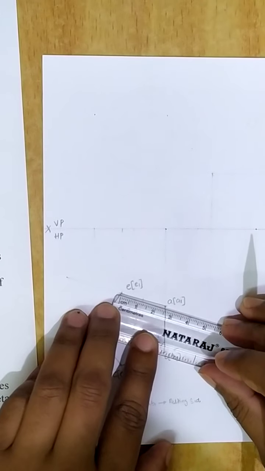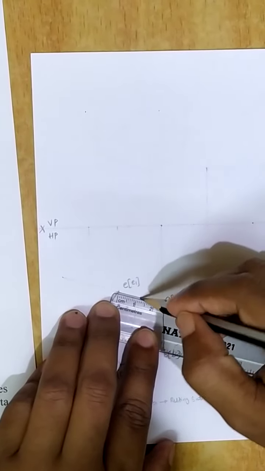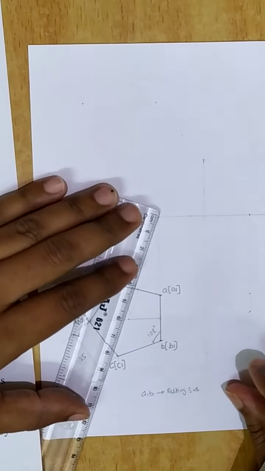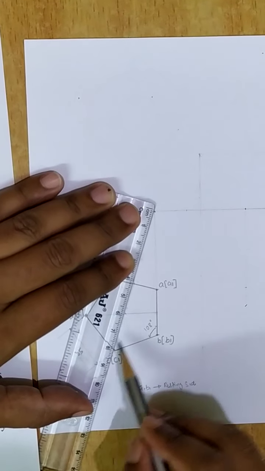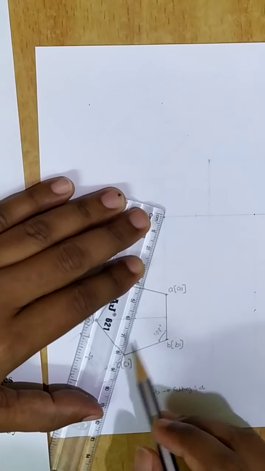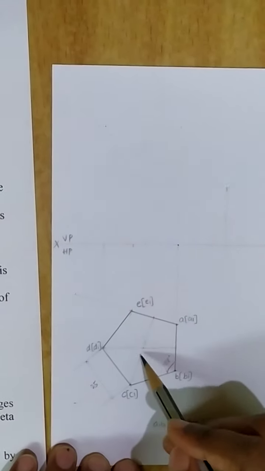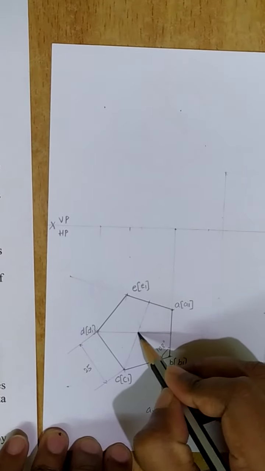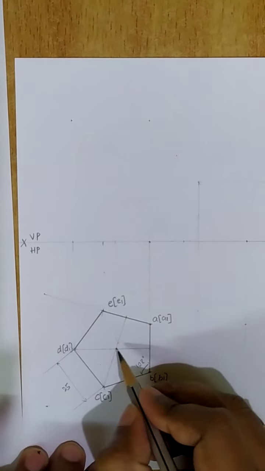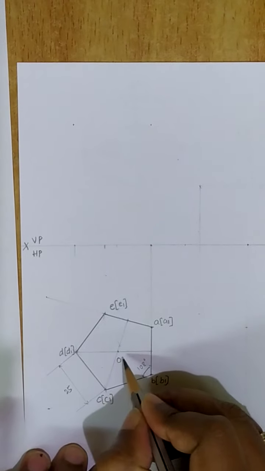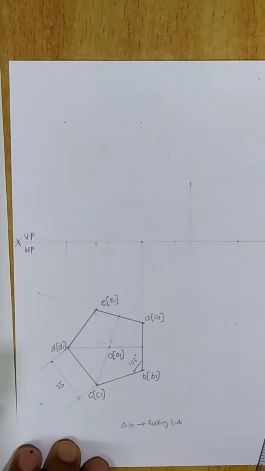Similarly, I'll consider half of this side. So 12.5, I'll mark it here, and I'll draw one more line. This is the other bisector. You need to draw a minimum of 2 bisectors. In total, you will get 5 bisectors because we have 5 corners. If I construct 2 bisectors, the intersection of these 2 bisectors will give you the center point of that cross section, that is the pentagon. The point where the bisectors meet is the point where you'll get the axis. The axis point I should name as O of O1.